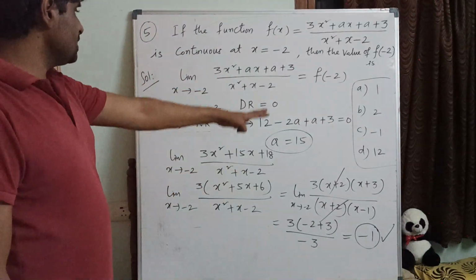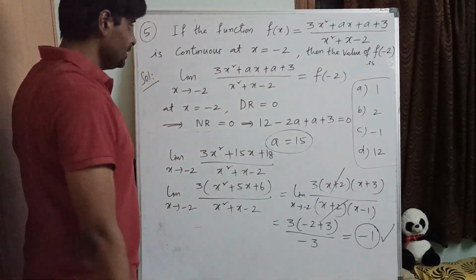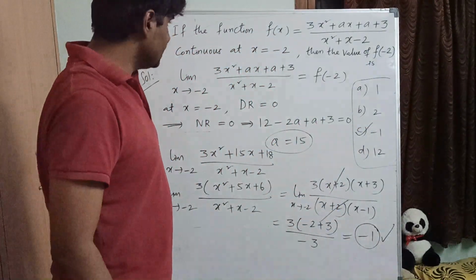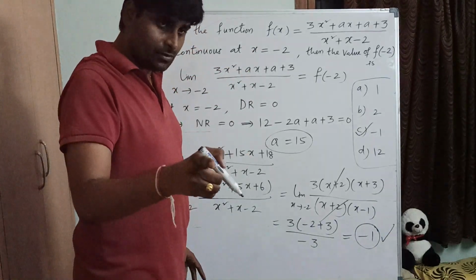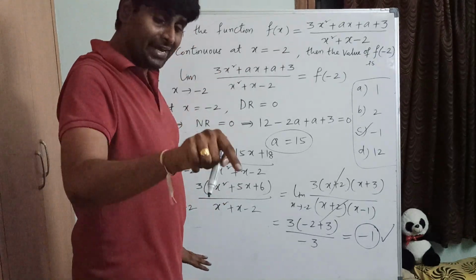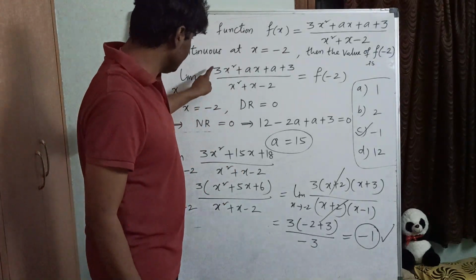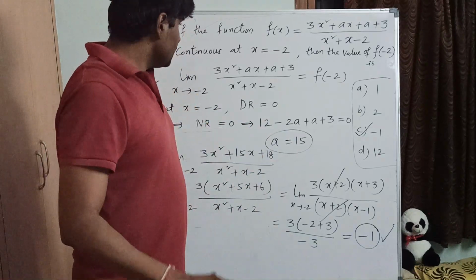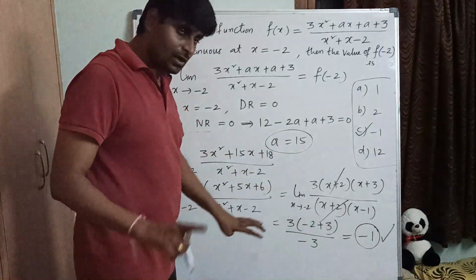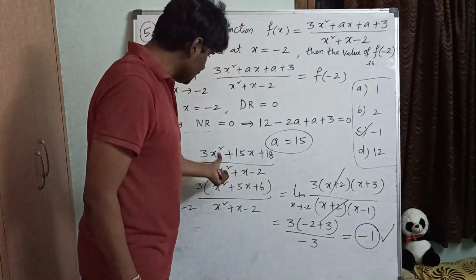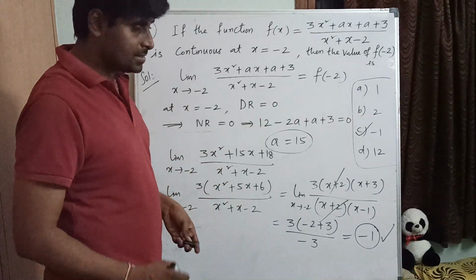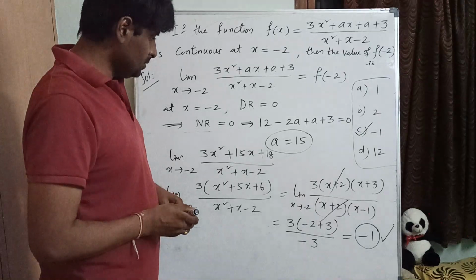So which of the following options is correct? Option C is correct there. So hope you understood. Always remember, whenever a function is given as continuous, then it must be in the form of 0 by 0. Here the denominator was 0, the numerator was not 0, but you have to make the numerator 0 by substituting the limit. Then only we will get that constant value. Then by substituting that constant value back, the function will become the original. Then only we can find the limit for that function, which is the required answer. Clear? Hope you understood. Just make a note of that.